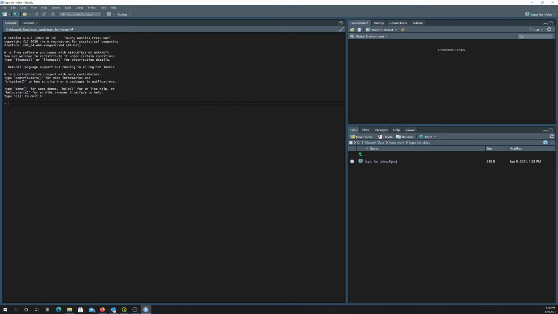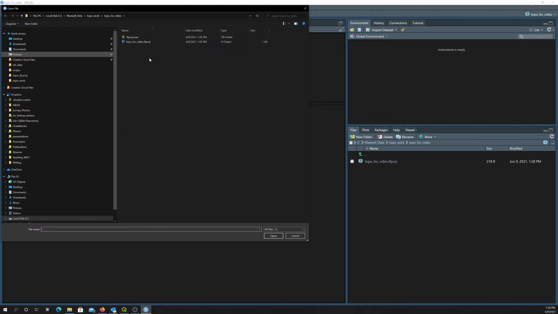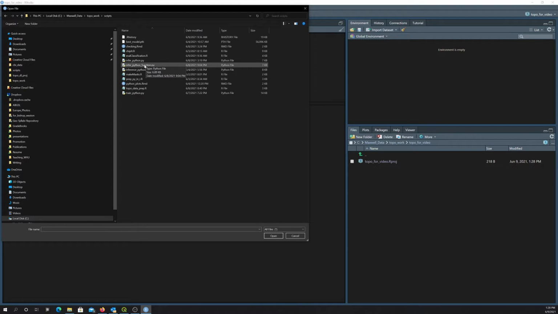So now we want to actually start working. So again, I already made all the scripts, so we're not going to sit here and write scripts from scratch. I'm just going to step you through them. It would take too long if we started from scratch. Okay, so we want to open some files first. So I'm going to go into the scripts folder, which houses the files that are the same ones that are on the GitHub repo. So first thing I'm going to do is open up this prep.py and R